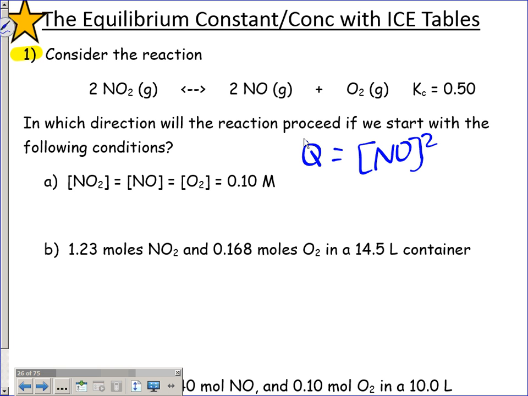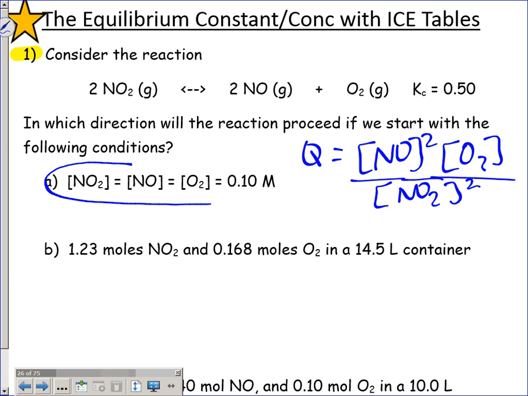I'm just going to plug in my expression first. Okay, so that's our Q expression. We'd now be plugging in our initial concentrations, being all of them 0.1, yeah? Okay, so since they're all the same, couldn't you just cancel out those